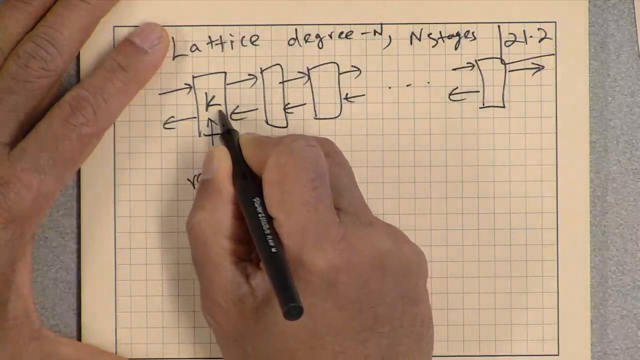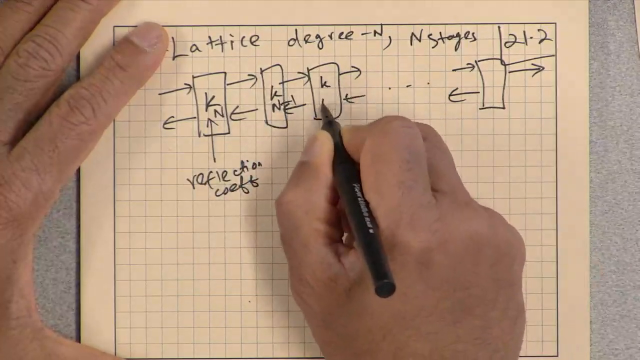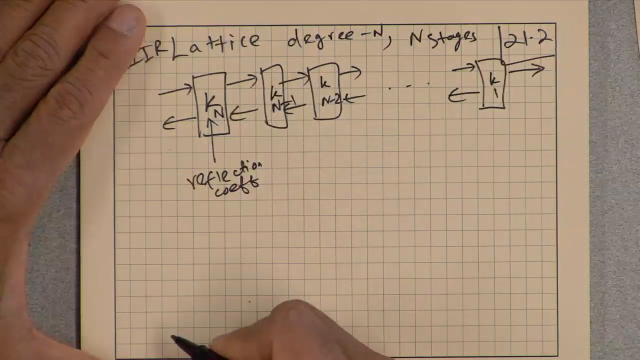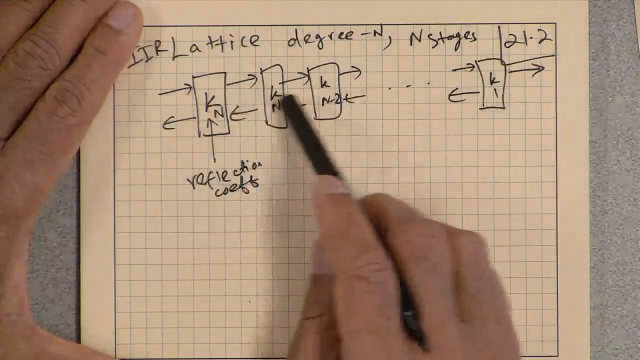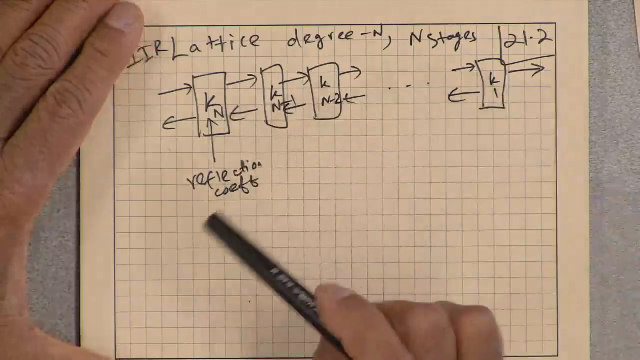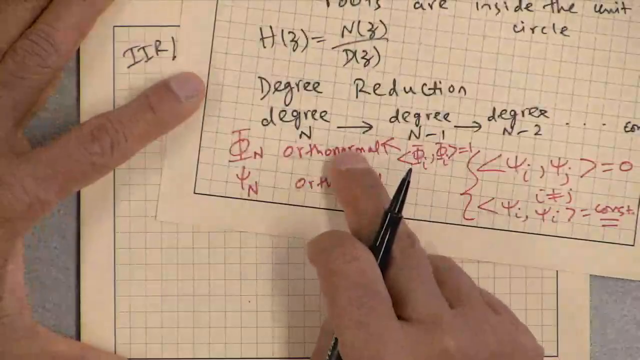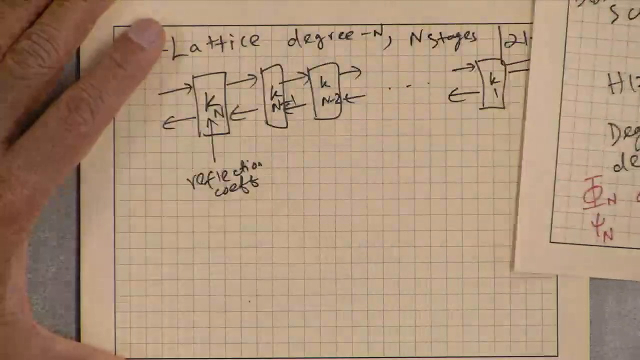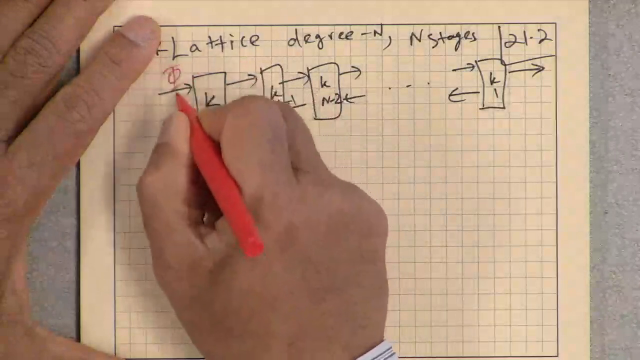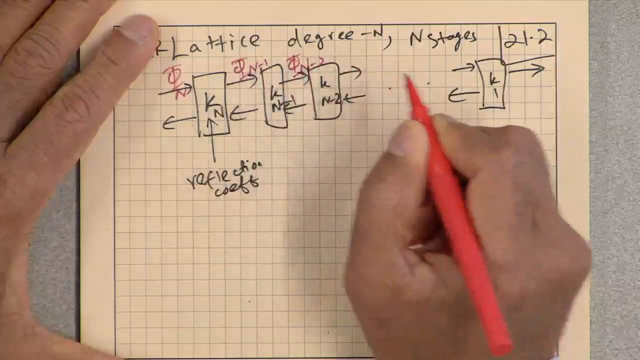In the case of the IIR lattice, the coefficients are Kn, Kn minus 1, Kn minus 2, all the way through K1. Ultimately, these will be the coefficients that describe the denominator. If I used the orthonormality, that would be called the normalized lattice. For example, phi n. The degree reduction process will make sure that the variables associated with these will be